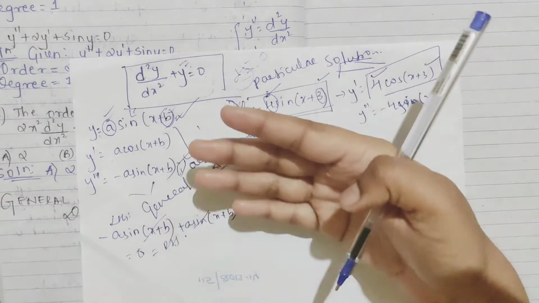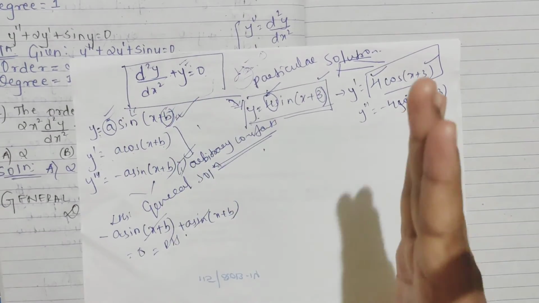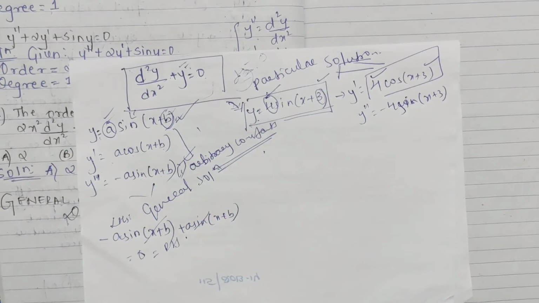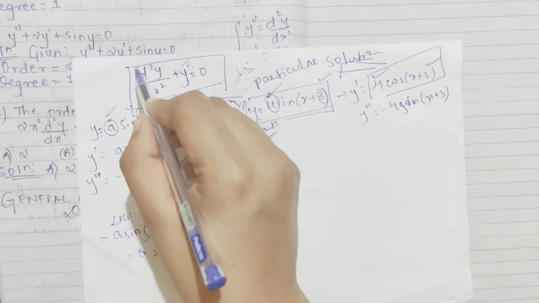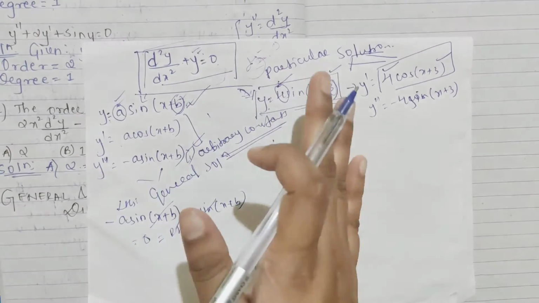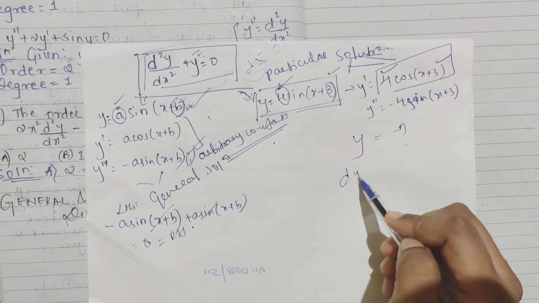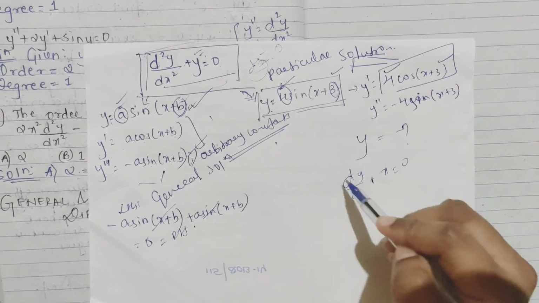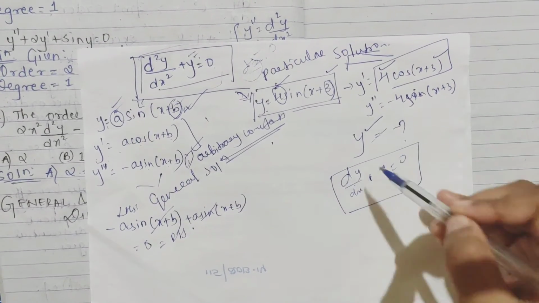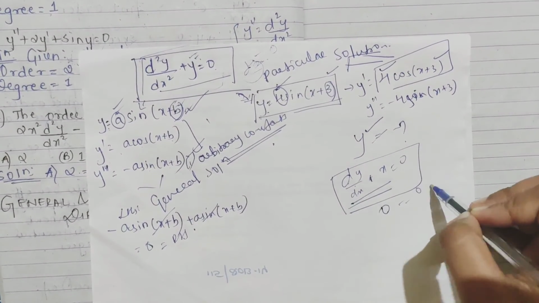In this one, infinite solutions you may get depending on what constants you are taking. So that is the difference between your general solution and your particular solution. And in this question, what we have to do is just verify it. They will be giving a differential equation like this and such questions. You have to verify whether it is true or not, meaning whether it satisfies or not. Some y questions they will give, and they'll give you dy by dx plus x. You have to verify it. So for this you have to find y, find dy by dx, and put everything in this question, and you have to see whether you are getting LHS, RHS, 0 or not.